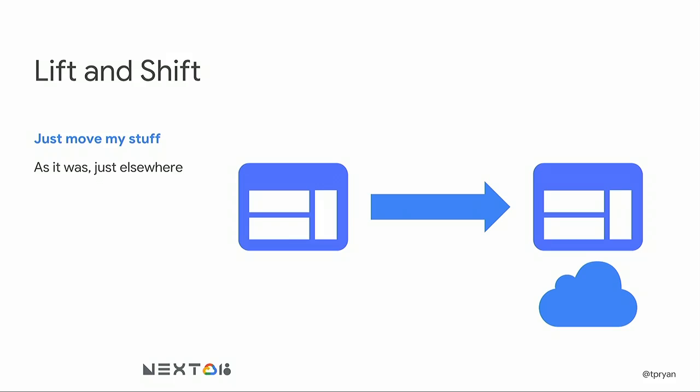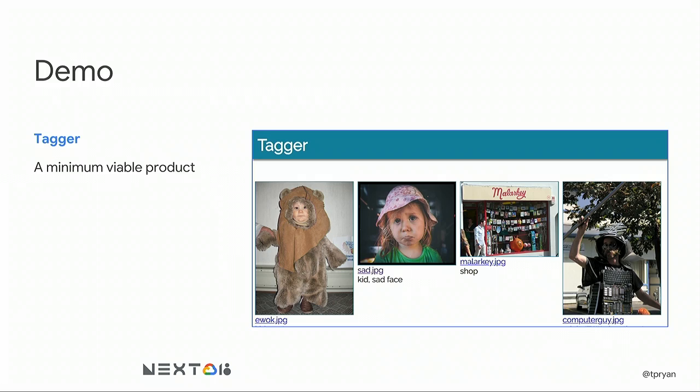All right, so how do people move to the cloud? Most times when they try out a new cloud, they do pretty much the same thing. They pick up an app they have somewhere else, and they just try to move it to the cloud and see what happens, right? We call this a lift and shift. Just move the stuff, make it exactly the same as it was, just somewhere else. So I have a demo of a minimum viable app. I'm going to switch over to the demo laptop,